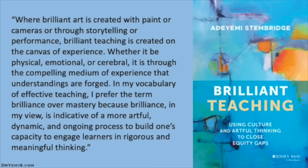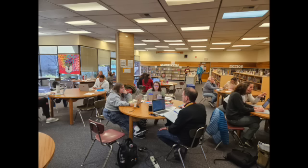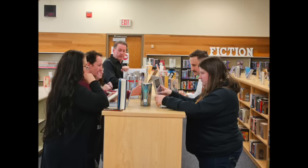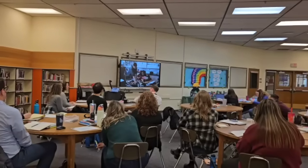The energy of the design studio is represented by a premise, where brilliant art is created with paint or cameras, or through storytelling or performance. Brilliant teaching is created on the canvas of experience. The design studio is a concentrated workspace where we emphasize process in developing pedagogy that reflects an equity mindset. The purpose of the design studio is to plan culturally responsive learning experiences that have the potential for closing equity